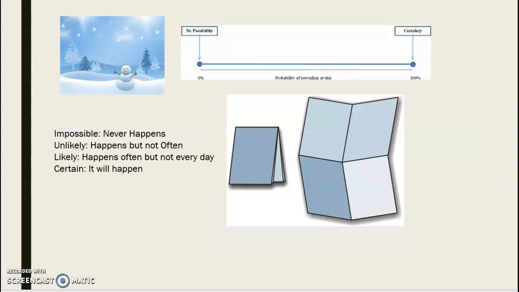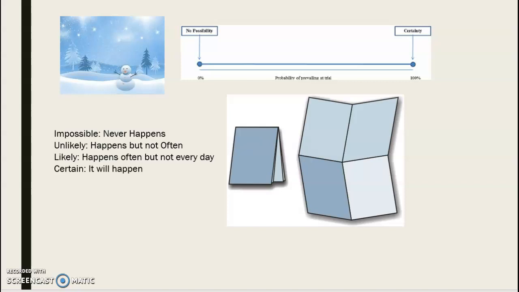So the lesson that I decided to go with started off with introducing the lesson: what are the chances of it going to snow today? And I'm guessing, depending on the area that the children are from, they will decide whether it's impossible or certain that it will snow that day. And then